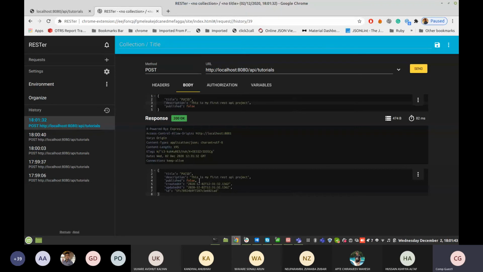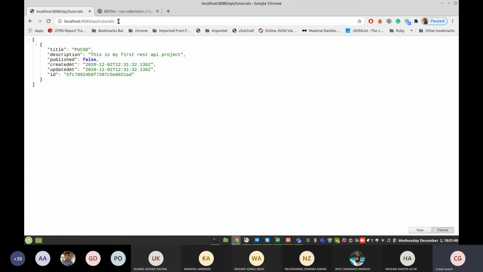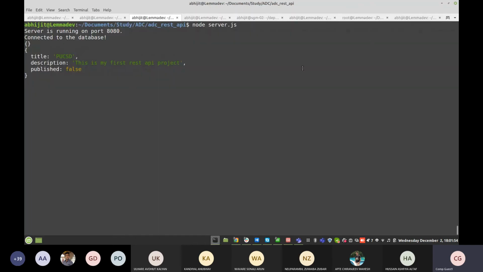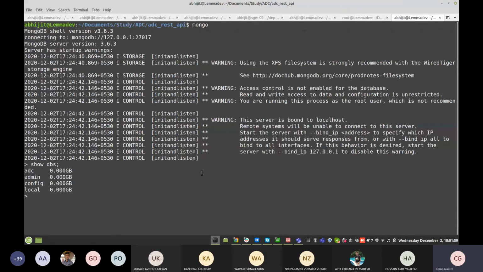Okay, so now this document is created, and if you want to see all tutorials, the document is listed in your DB. Now let's check the database. Here is your object also printed, that we have console printed. db.adc.find.